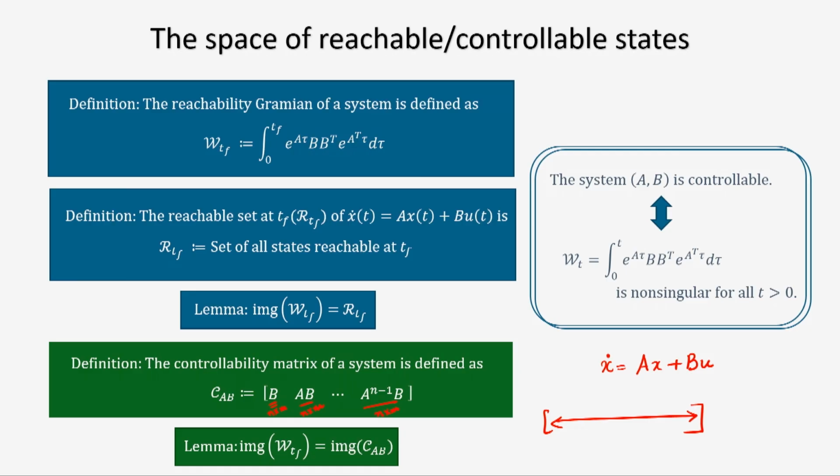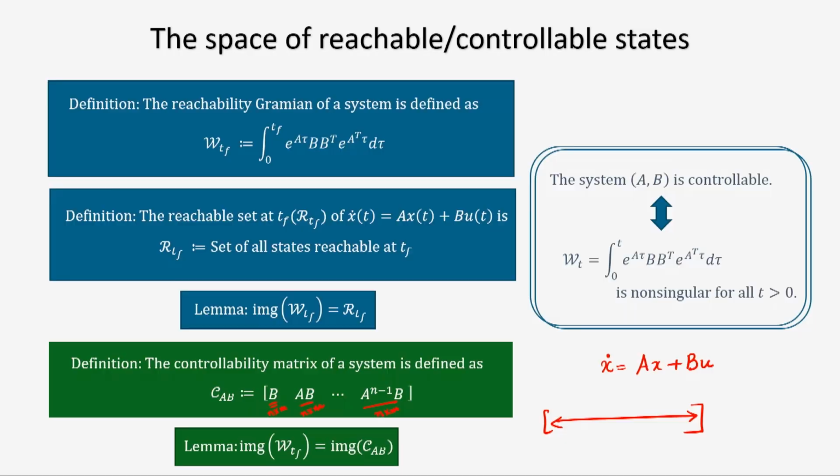Of course, if it is a SISO system, then m is 1. If it is a SISO system, then the controllability matrix is a square matrix, n cross n, because m is 1. Okay. But if it is not a SISO system, it is a MIMO system, then the number of columns is higher than the number of rows. It is a fat matrix.